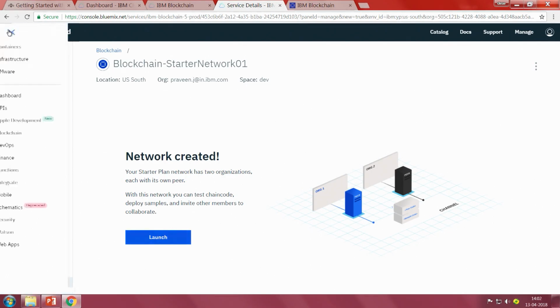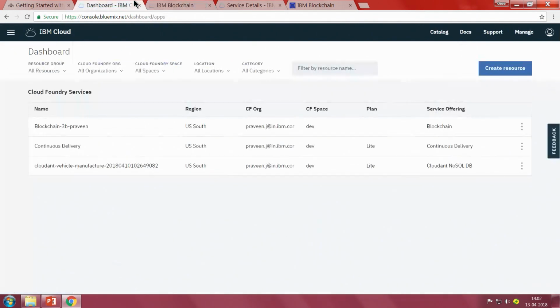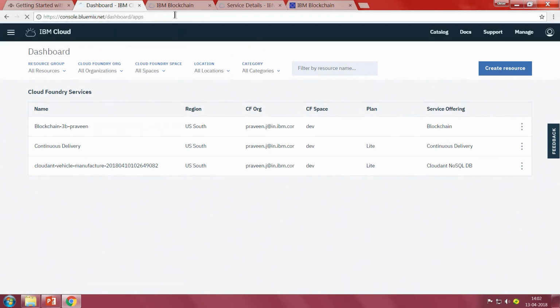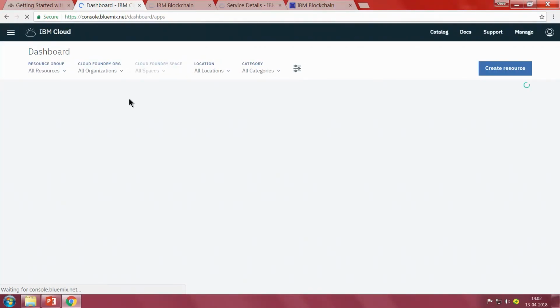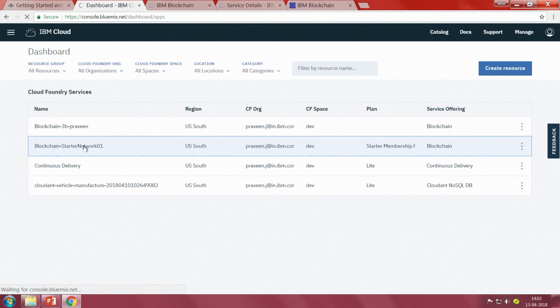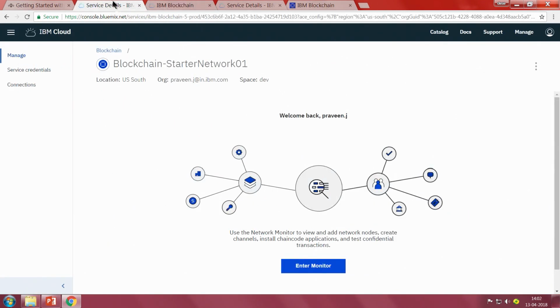While that is happening we do not have to wait for that. I can just go to my dashboard and I can view all the apps, all the networks that I am running right now, and I can just open a new view of that. So, I am just going to open the starter network 01, I am going to open that again. This is still in beta phase, so there might be some UI errors. My guess is it is just a UI error. So, let us open the network.